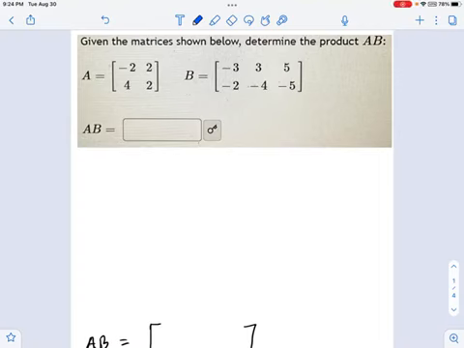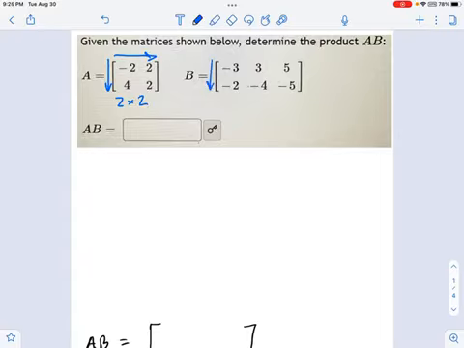We need to multiply these two matrices A and B together to get their product AB. Before I get into any of the details, I want to talk about the dimensions of matrices and the way we refer to them. This matrix A is 2 numbers tall and 2 numbers long if I look horizontally. The way we say that is it is a 2 by 2. I go vertically first and then horizontally.